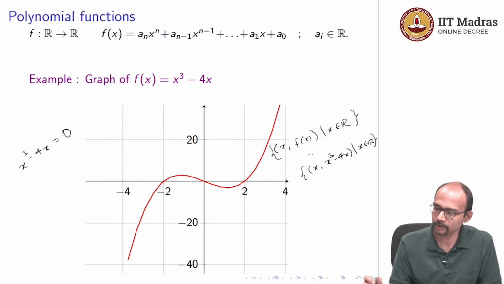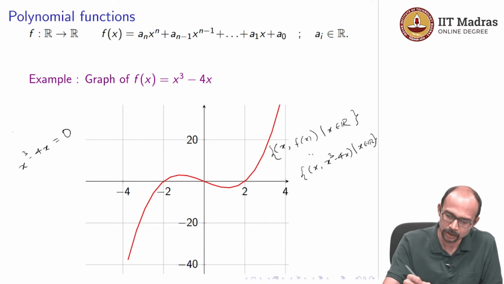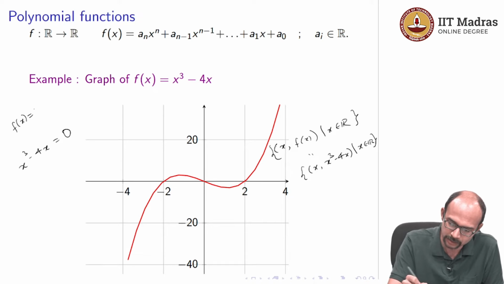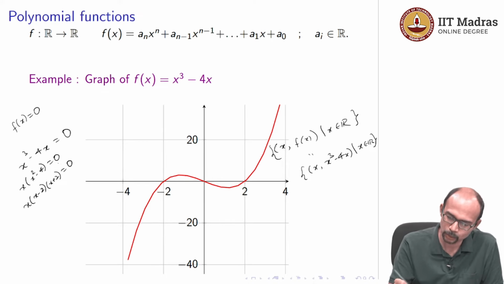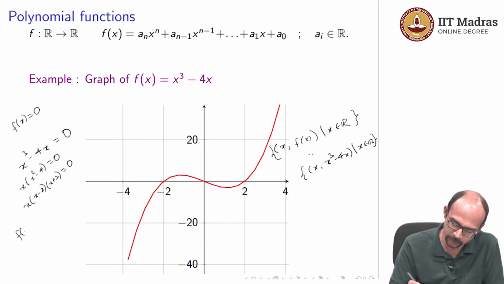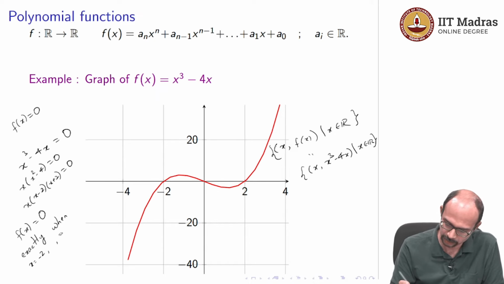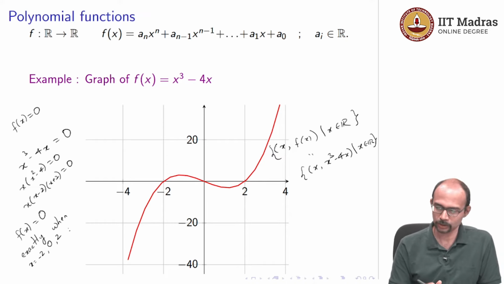So, to get those points for which f of x is 0, that means x cube minus 4x is 0, that means x times (x squared minus 4) is 0, that means x times (x minus 2) times (x plus 2) is 0. So, f of x is 0 exactly when x is minus 2, 2 or 0, or maybe I should just say minus 2, 0 or 2,